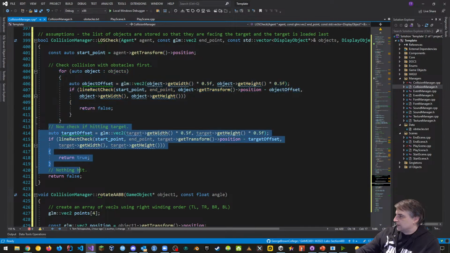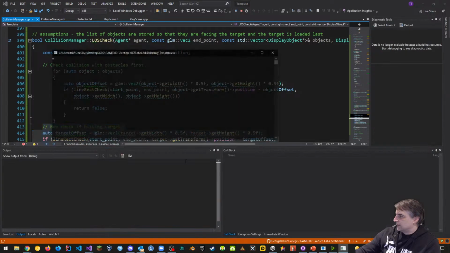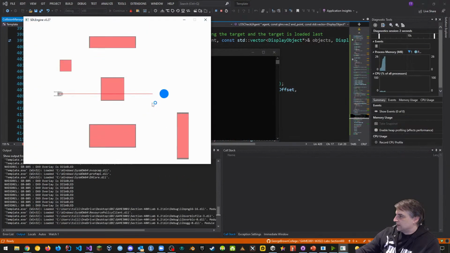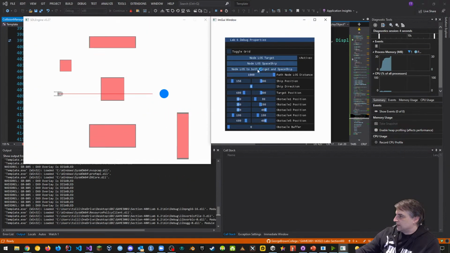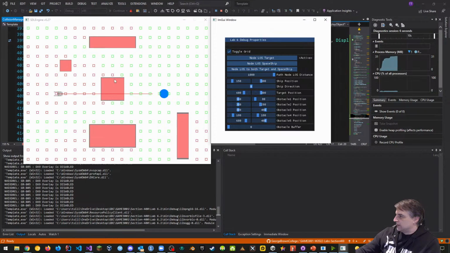Well, now I want to check to see if I can still see the target. Because what if my line of sight line is too short? So example would be, let's suppose this here is my obstacle, which is square, right? And this would be at 80, this would be at 3.